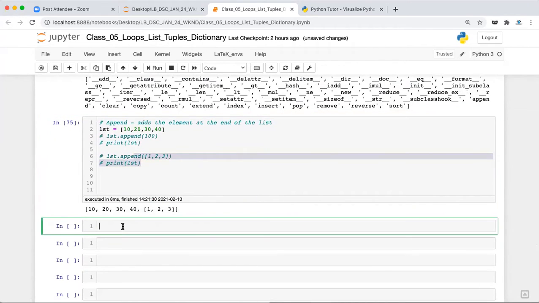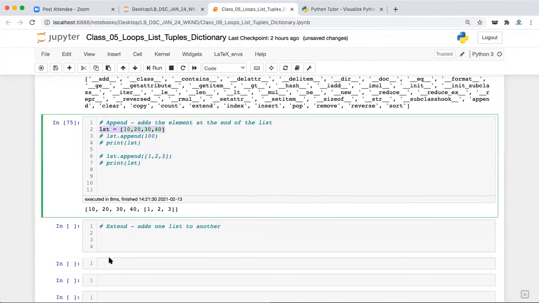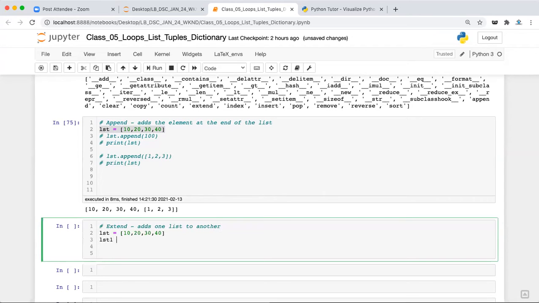Now there is the extend method. The extend method adds one list to another. For example, we have this list and we have lst1 equal to 1, 2, 3.